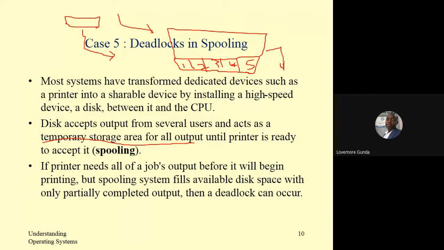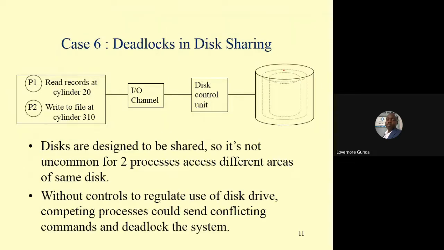That means the printer will not print because what it has received will be partially completed sections of the job, right? That's one of the problems that you can face in spooling. Then disk sharing. Disks are designed to be shared, so it's not uncommon for two processes to access different areas of the same disk. Without controls to regulate use of disk drives, competing processes could send conflicting commands and deadlock